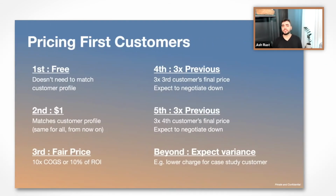So, pricing your first customers. As you remember when we were talking about the customer profile, the first person doesn't need to match any customer profile that we think will work. We just want someone live. So in that case, it doesn't matter if we charge them. They can be free. The second customer should try and match our customer profile, whatever we're working on right now, and we should try and charge them,